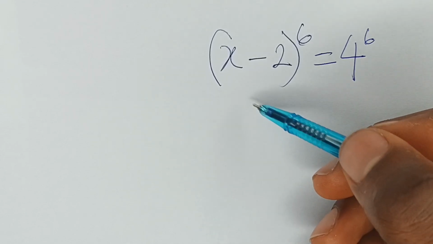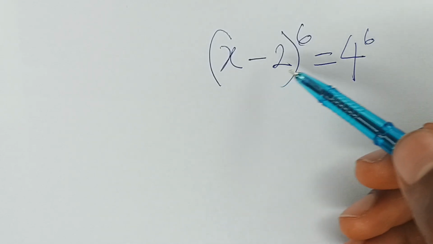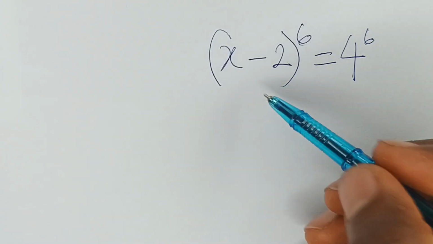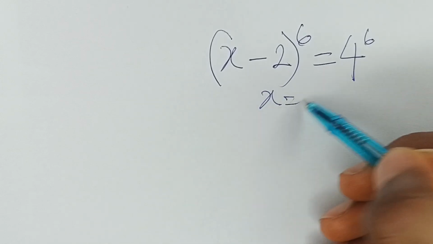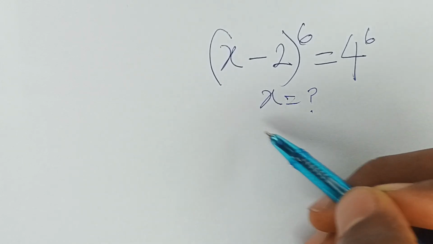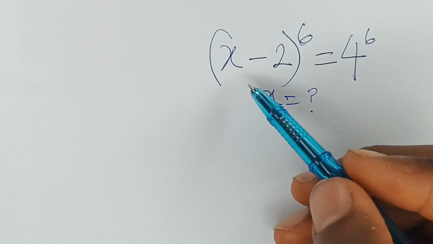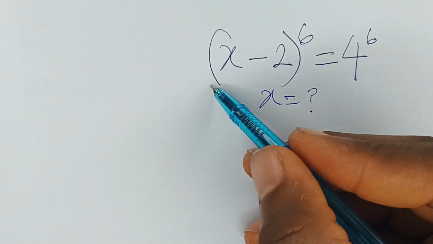Let's solve this question together. It says (x − 2)^6 is equal to 4^6. We're required to find the value for x. To do this, the first thing we do is to write this as